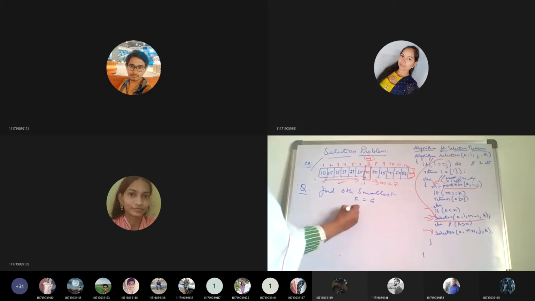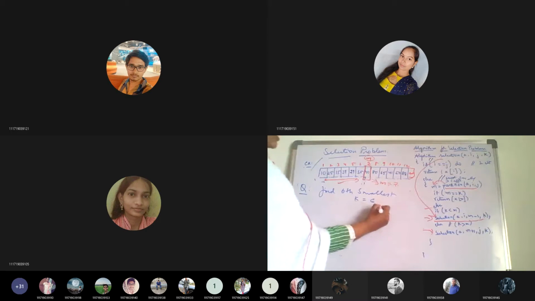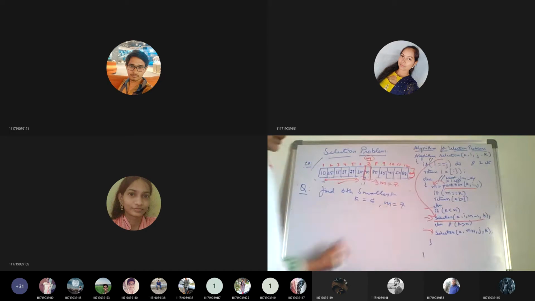And from the partition algorithm, whatever is returned we have stored in M. How much did we get? M is equal to 7. So K is equal to 6 and M is equal to 7. Are they equal? That is the first step.